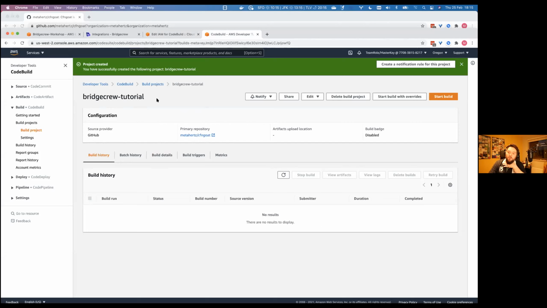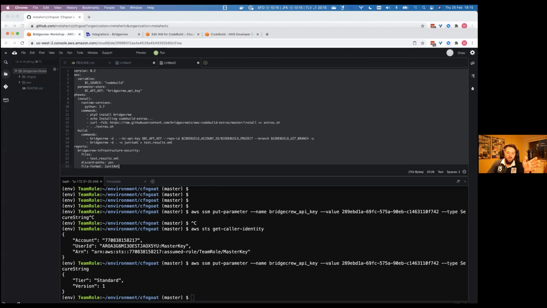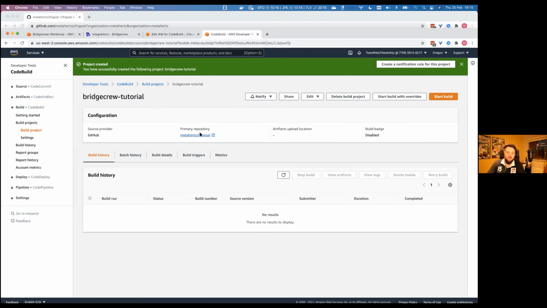By default, it will have a number of permissions, but what it won't have is permission to access that secret containing our API key that we installed by running the command earlier. So by default, there's no way that this CodeBuild instance we've just created would be allowed